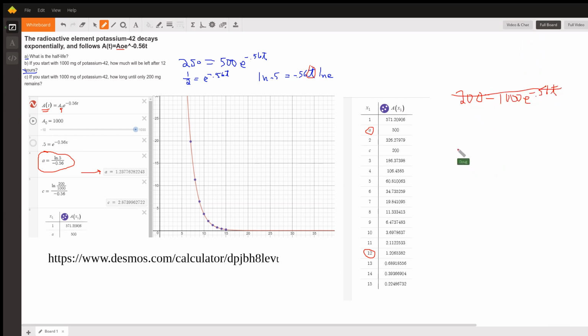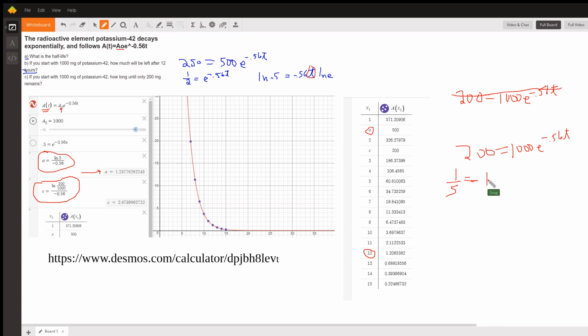So let's go down here. 200 equals 1,000 e to the negative 0.56t. Still divide both sides by 1,000. Over here, I didn't actually simplify 200 over 1,000, but I could see that simplifies to 1/5